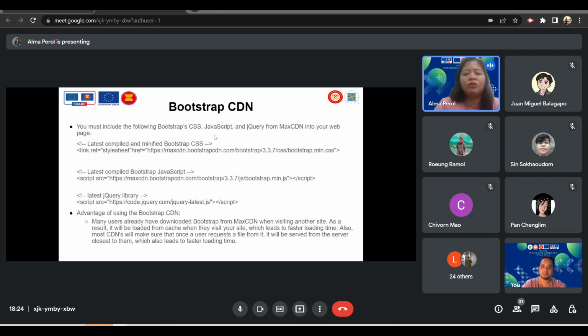You must include the Bootstrap CSS, JavaScript, and jQuery from the CDN into your web page. So all the links that you can see here should be added into the head section. So you have to have this link if you're trying to be responsive in your design, in your CSS. This is the link that you're going to use. But we would also highly recommend that you add this latest compiled JavaScript as well,